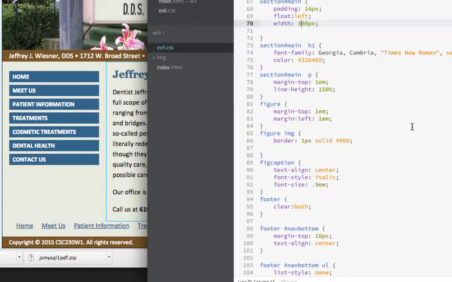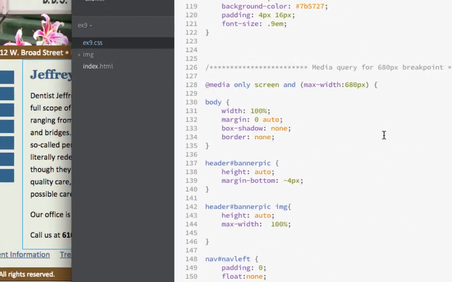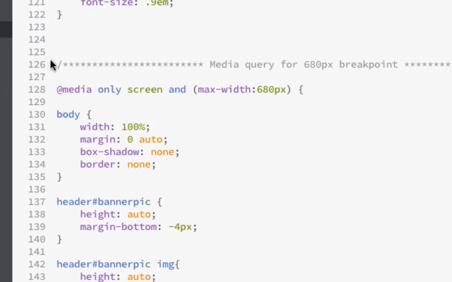And while I'm looking at the CSS, I'll show you what the media query looks like. It's really not that complicated. I put a little divider here so it's easy to find with all these extra asterisks. But this is what we're going to do, this media only screen and max-width 680. 680 means once it hits a maximum of 680, once it goes there or less, max means this number